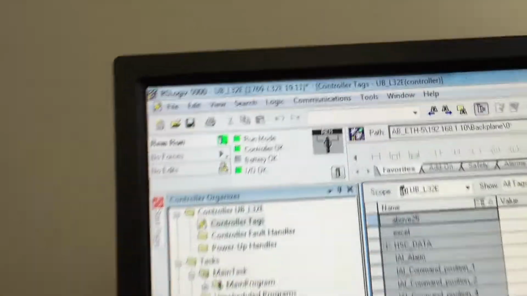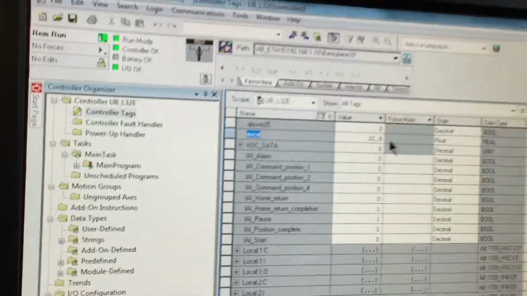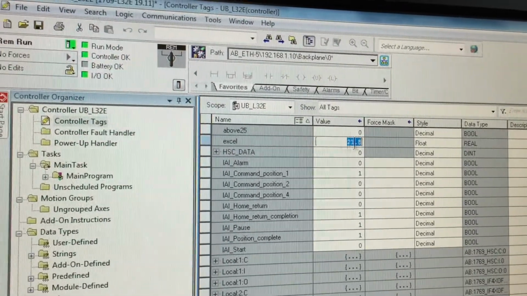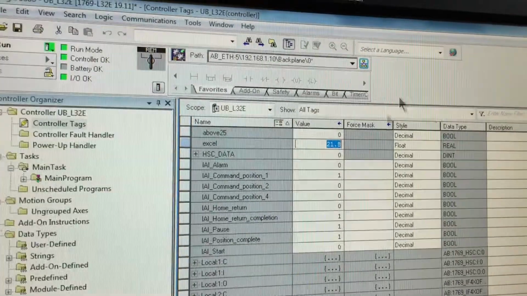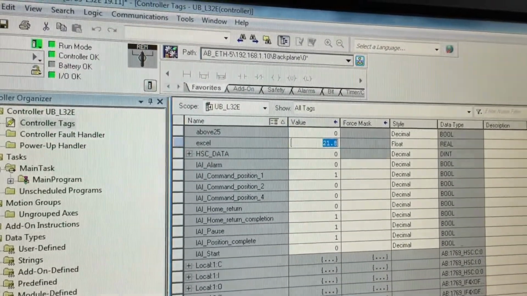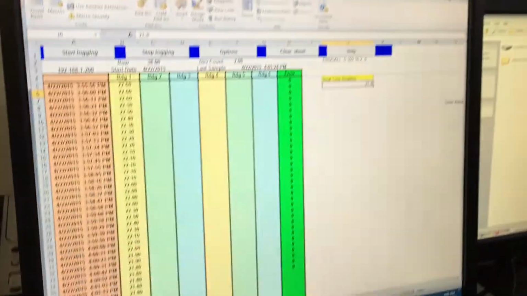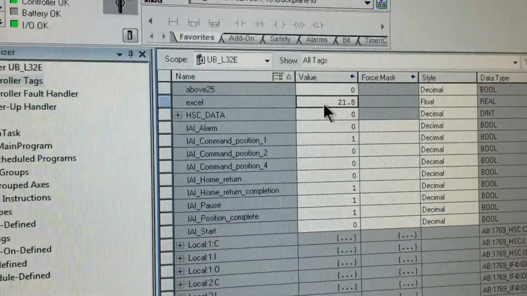This is RS Logix 5000. I made one tag that is called Excel, and this is the particular reading. That's 21.8, a real-time reading. So now I have this reading, and it's already in the PLC.